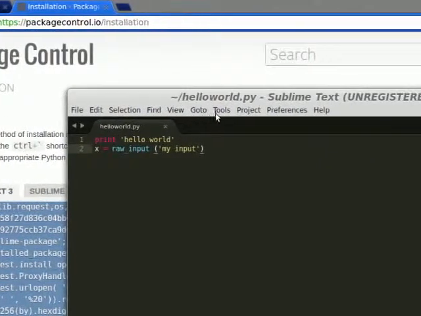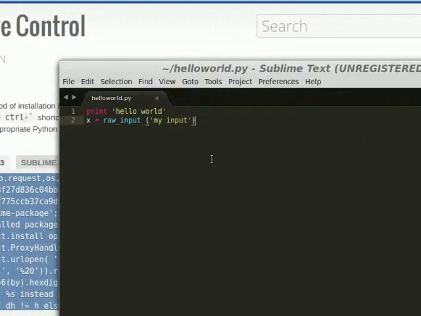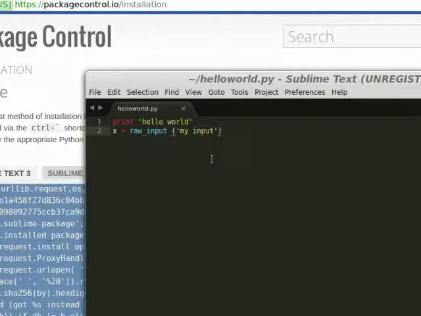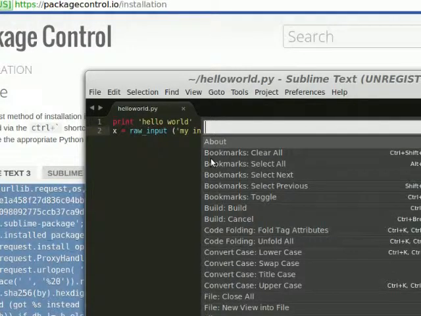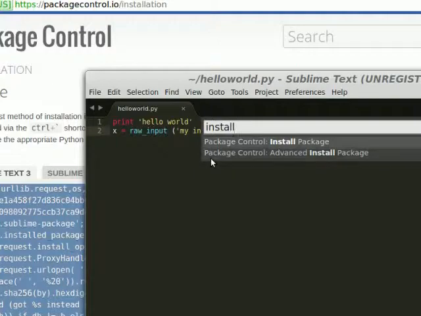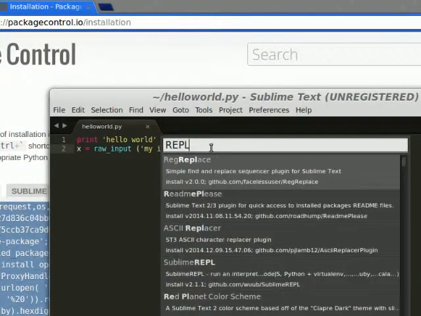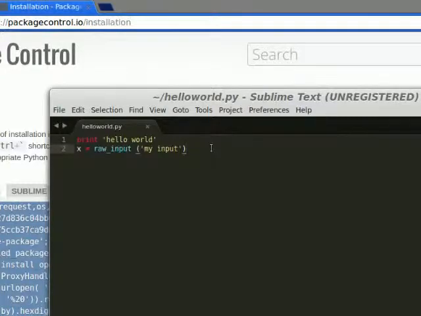So to get around this, there's a plugin called Sublime REPL. This basically allows us to open a Python console within Sublime Text in another tab. So we're going to install that now. So again, Shift-Control-P to open the command palette. So we'll just start typing in install, and we'll install. So just type REPL. There it is, Sublime REPL. Hit enter. You'll see down the bottom here,